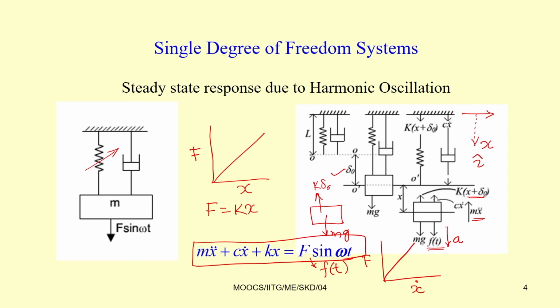Instead of taking the spring force f x equal to k x, if you take it as nonlinear, for example, we can add a term plus alpha x cubed on the left hand side of the equation of motion. Similarly, if we put in a nonlinear damper, we can add another term, for example beta x dot square, or you can have a cubic nonlinearity also. So, we can have a nonlinear equation of motion.